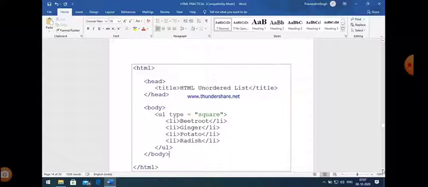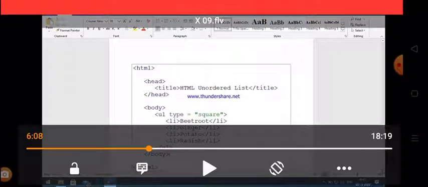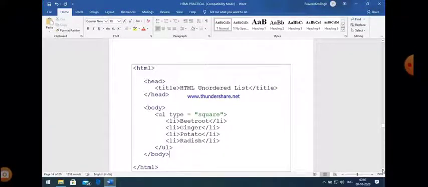If we don't mention any attribute, then by default the type of the list items is disk, but here we intentionally mention type equal to square. So the different list items are marked with squares, and they are written within the li tag. You can see that 4 different items are there: beetroot, ginger, potato and radish. These are the different items of a list, or we can say an unordered list.